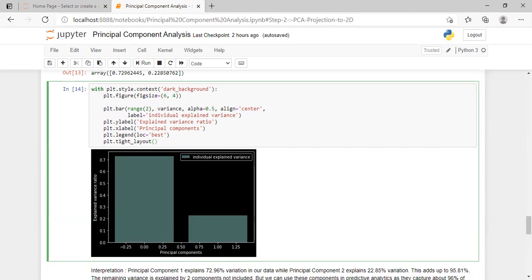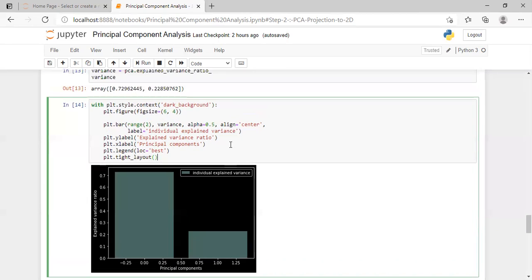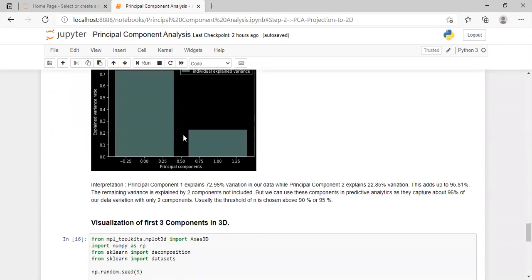As I also said, some of the data of our principal components was below 0, so we can see over here that this bar graph is spread from around 0.4 to minus 0.4. But the important thing is that this is explaining around 73%, and this is explaining around 23%. So this is again a visual representation of what we got over here.